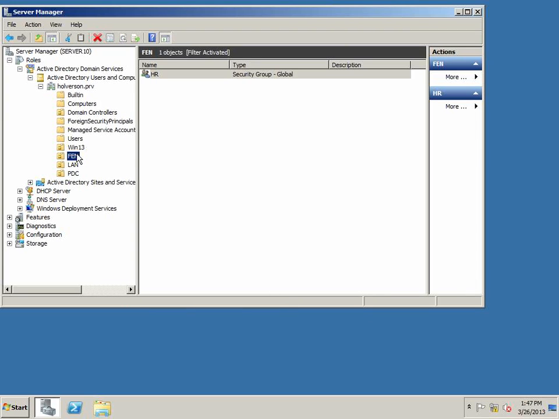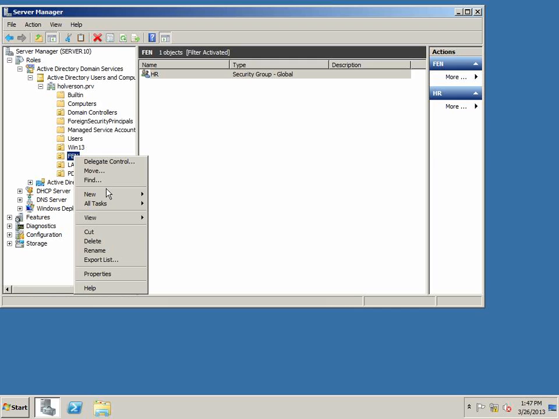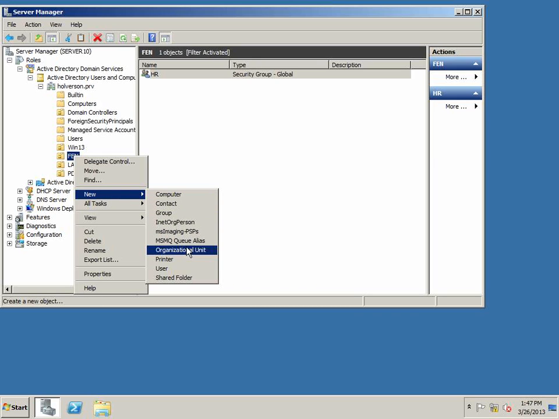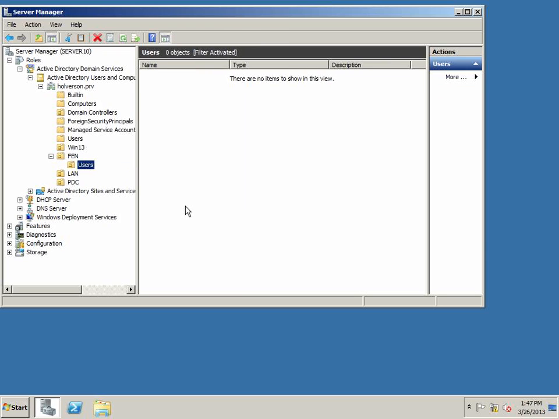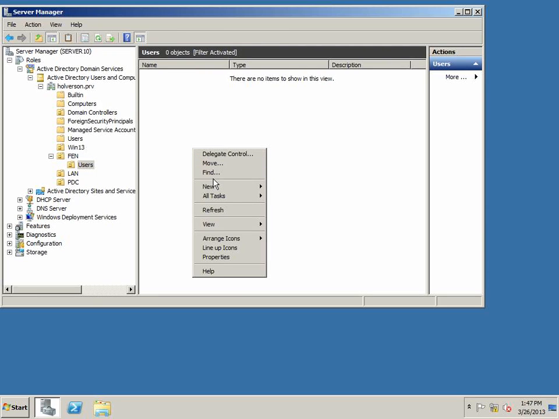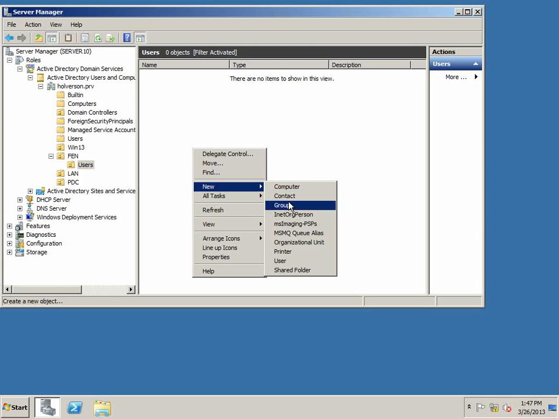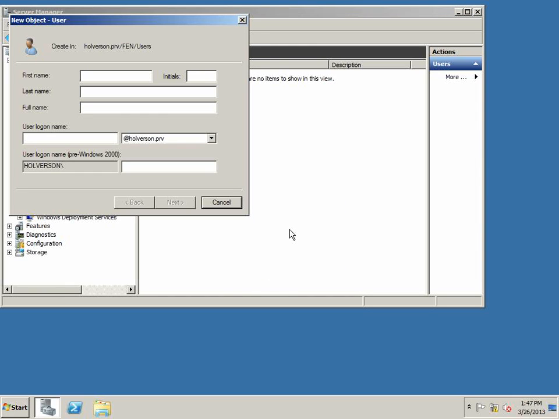Okay, and then I have users. Well, I can further organize my users into a users OU. Oh, look at this. I can create an OU inside of another OU. And I can create a new user. Leroy